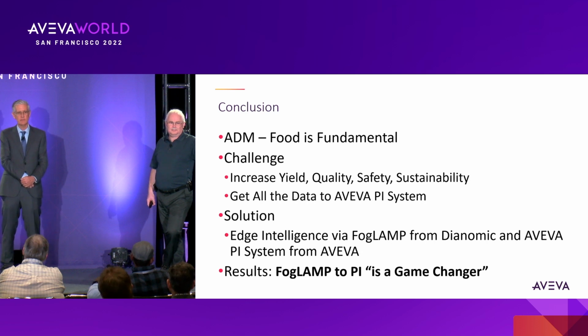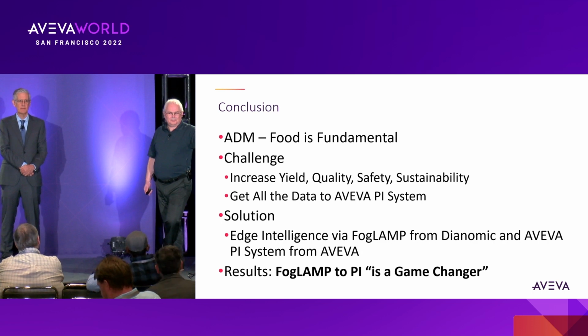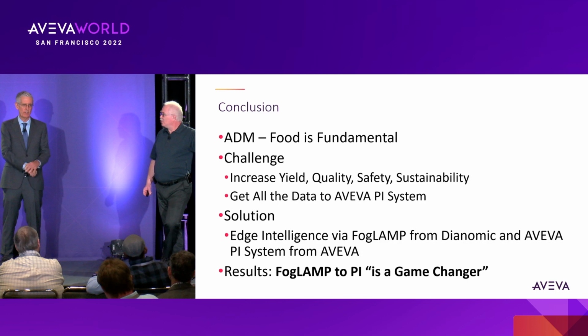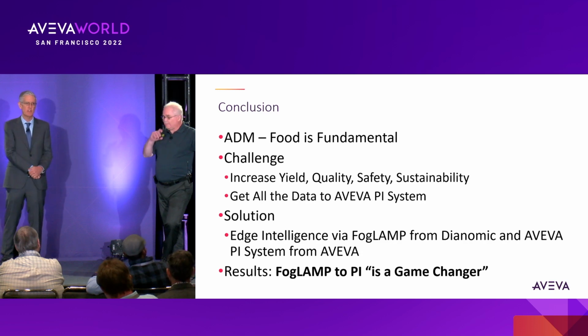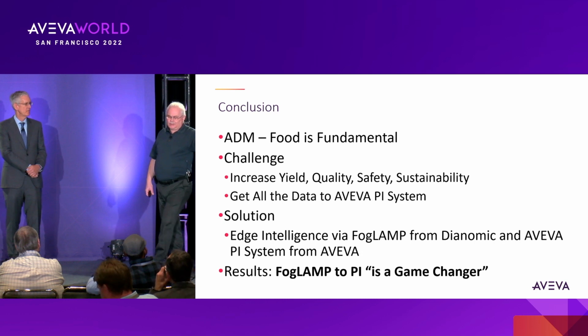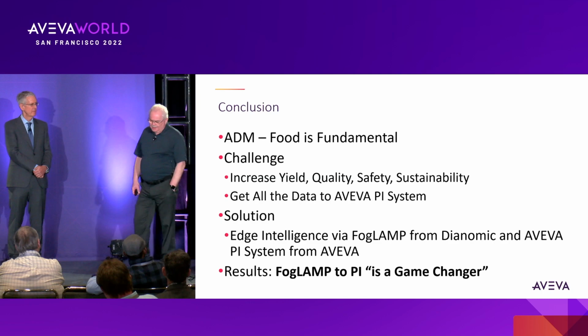Congrats for the presentation. My doubt is regarding infrastructure. I saw a lot of sensors connected to the FogLAMP, and my doubt is, did you use the same network infrastructure, or was it necessary to create a new one? I'm sorry, do you mean the actual networking infrastructure? Yes, to connect the sensors to the existing FogLAMP. So the data, the